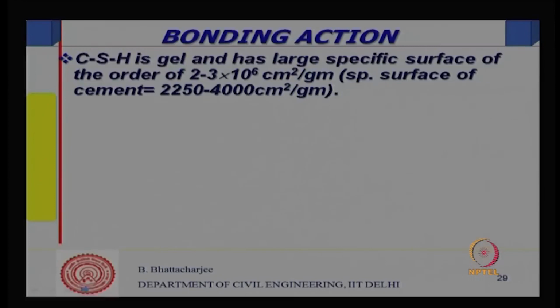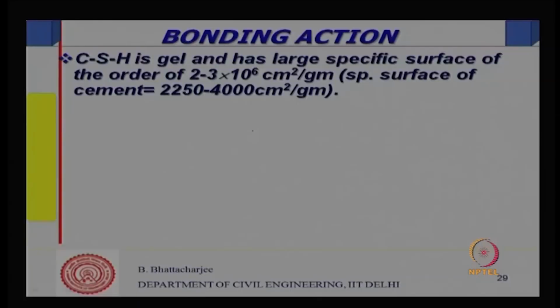You see, CSH gel has a large specific surface, of the order of 2 to 3 into 10 to the power 6 centimeter square per gram. I have not defined the specific surface as yet. We will tell you how to measure the specific surface of cement. It is the surface area per unit mass. Of course, we measure it by certain techniques. Now, the specific surface of CSH gel is very, very high,